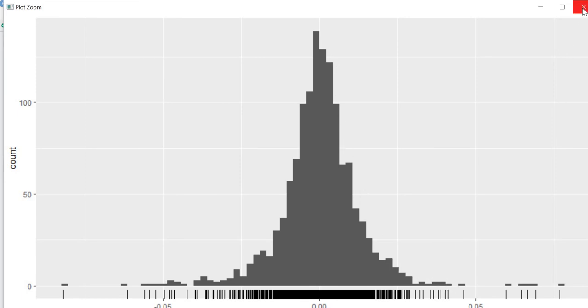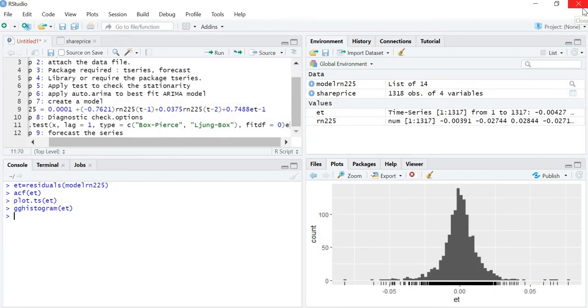So we have also passed the third step. All the steps are passed, so we can say that my residuals are not correlated, they are normally distributed, and they have zero mean. So my diagnostic check is done.